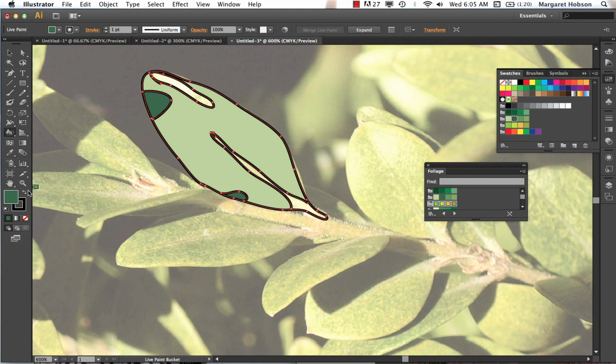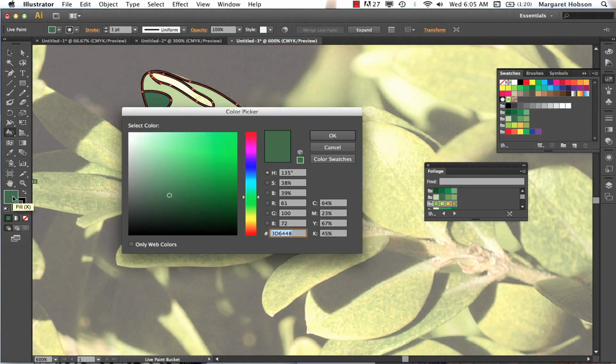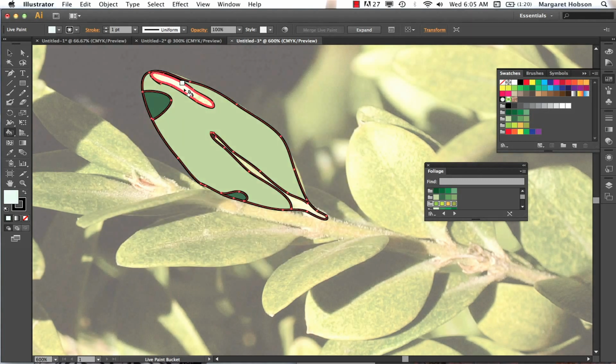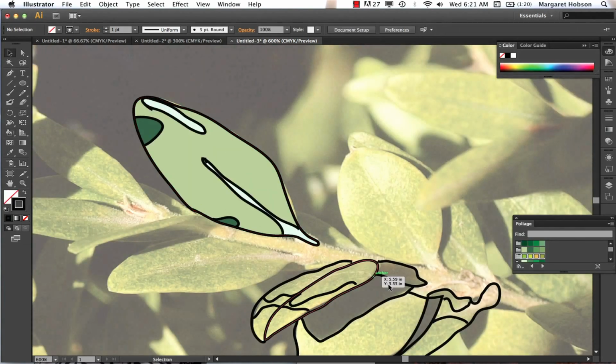All right, so now what I might want to do is load my color in and come on in, because I want something a little bit lighter. So I'm going to click right here. I'm going to come right in there and click, click, and there I have it. I paused and I drew this in, but when we take a look at this too,